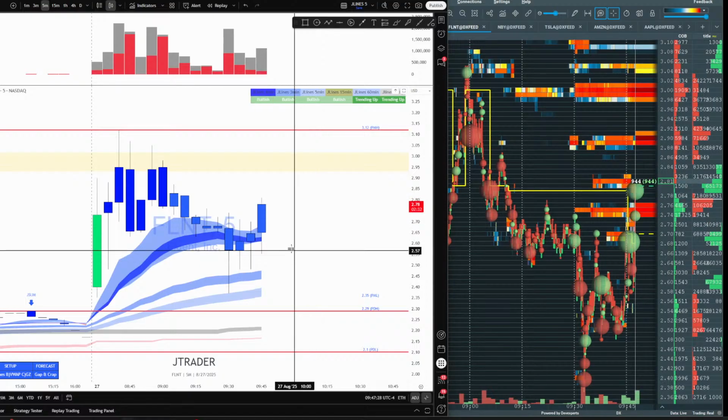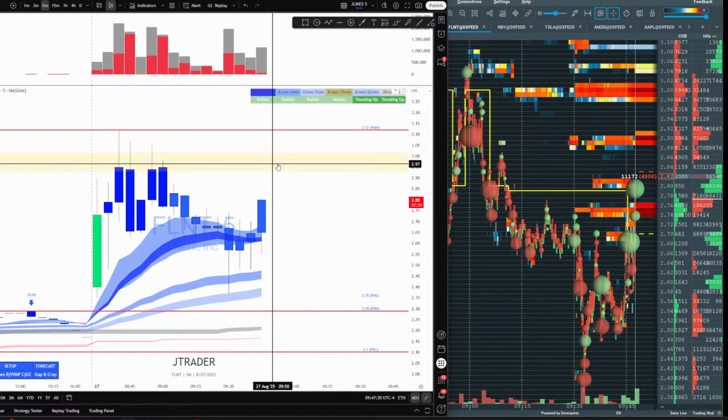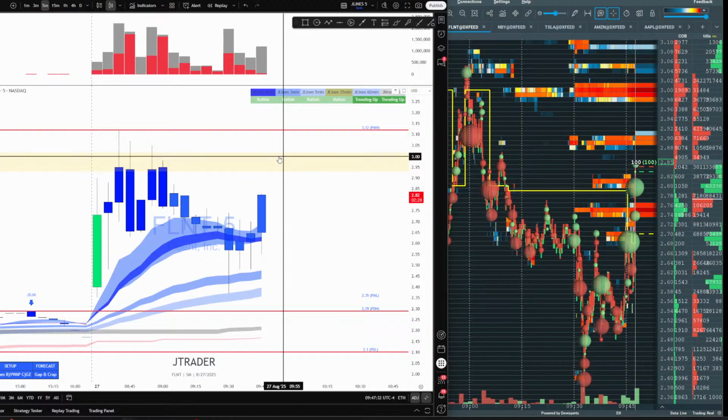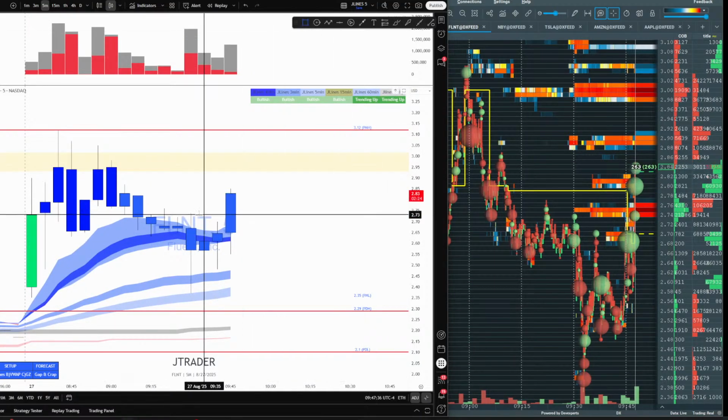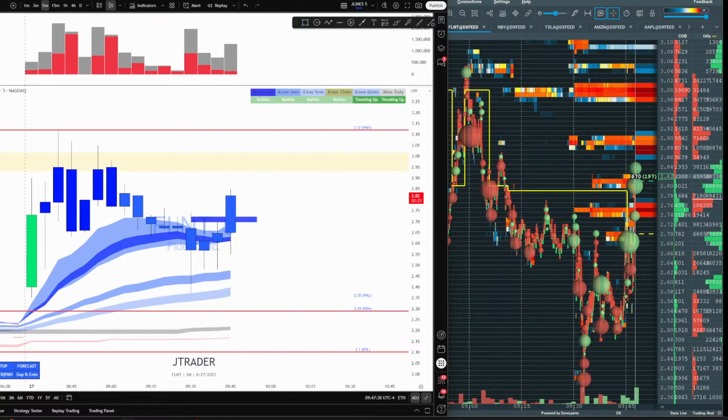And there we go. So now there's going to be a squeeze on FLNT. So prepare to see the $3. How many times do we see this, team? How many times? So we're all out now on FLNT short. So use trailing, use the hotkeys. So we're looking now for 310,